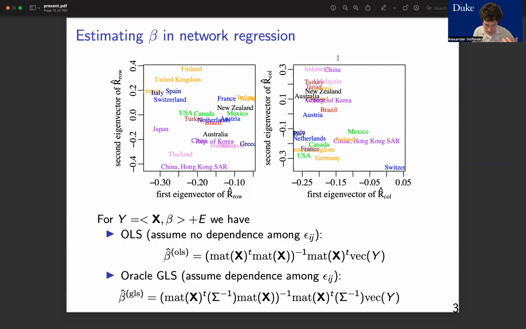So sort of the first order thing that people might do is assume complete independence and do something like ordinary least squares. Let's imagine that you know what the dependent structure is in the epsilons, then you might do some kind of GLS, or generalized least squares, where you adjust for that covariance structure. It will turn out that for us, it's easier to conceptualize what this additional dependence looks like in terms of multiple different terms. And so we won't necessarily be fitting generalized least squares models, but this is going to be the general level